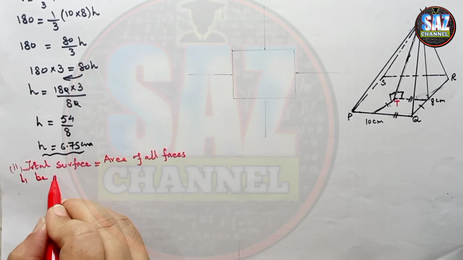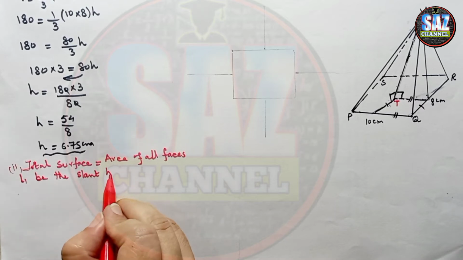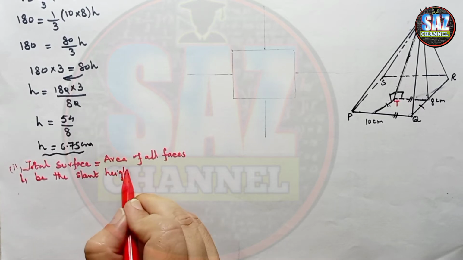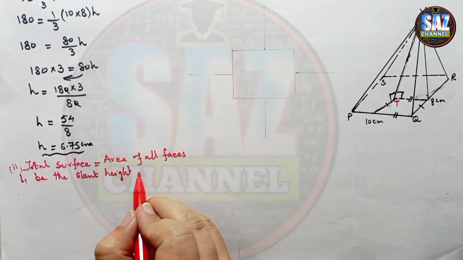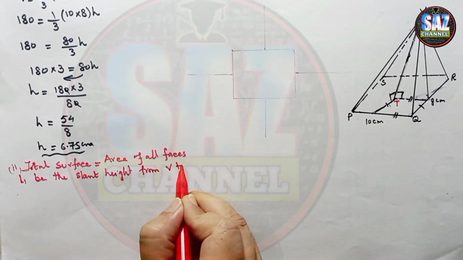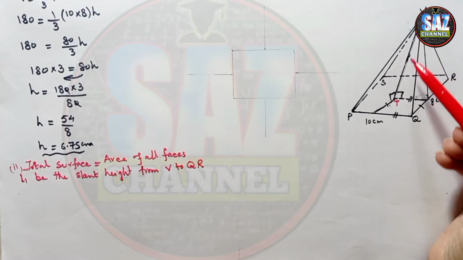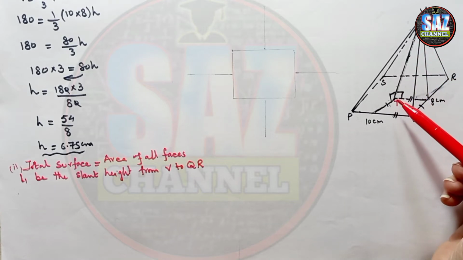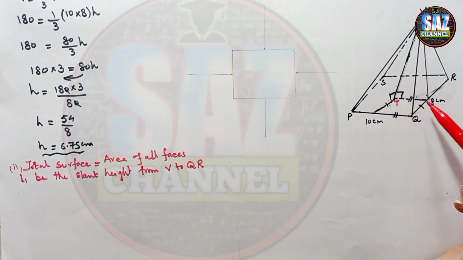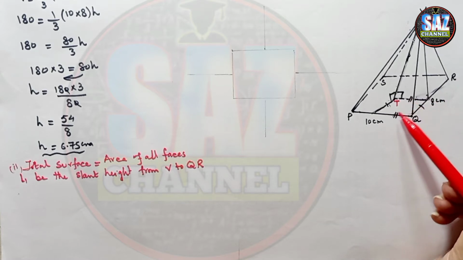Let L1 be the slant height from V to QR. Now try to understand this: from this point I'm dropping the perpendicular which is meeting at the midpoint of the base, and from this point I'm moving towards the 8, and this point is the midpoint of the QR side, and this line is parallel to the 10 centimeter side, but it is half,